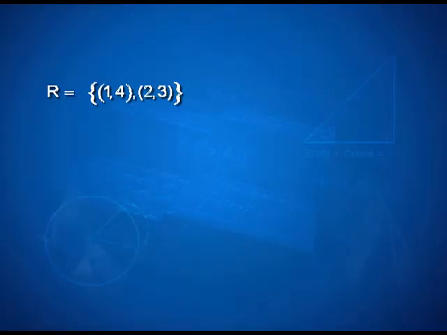If I take a sub collection, one of these subsets, and look at it a little closely, for example, here if I take R equal to {(1, 4), (2, 3)}, it is definitely a subset of A cross B, and an element of the collection of all the subsets of A cross B, also known as the power set, right. Power set is the collection of subsets of a given set.